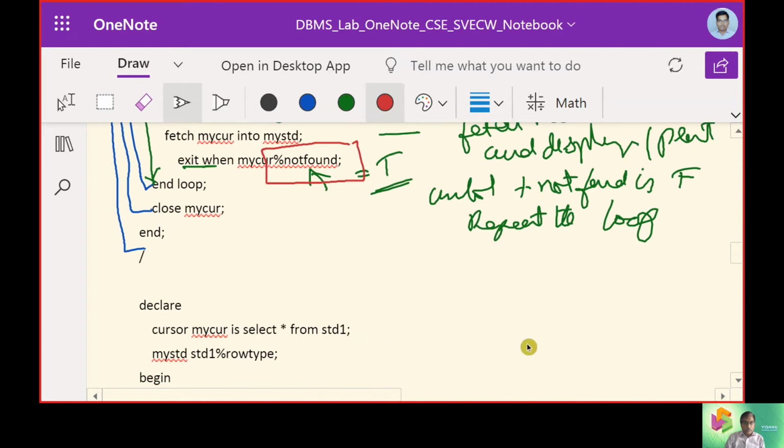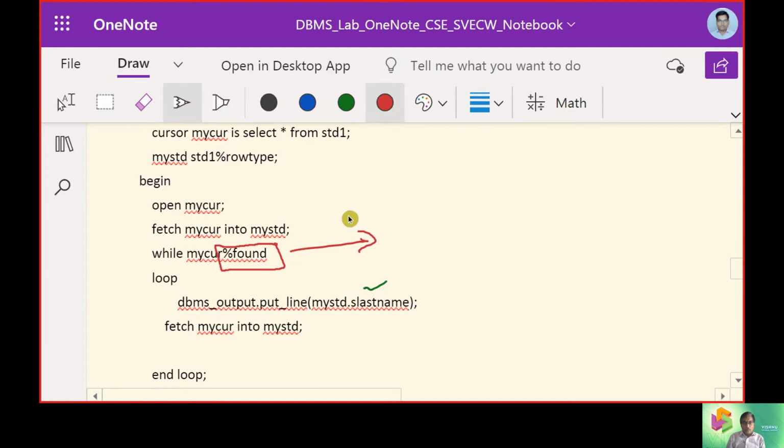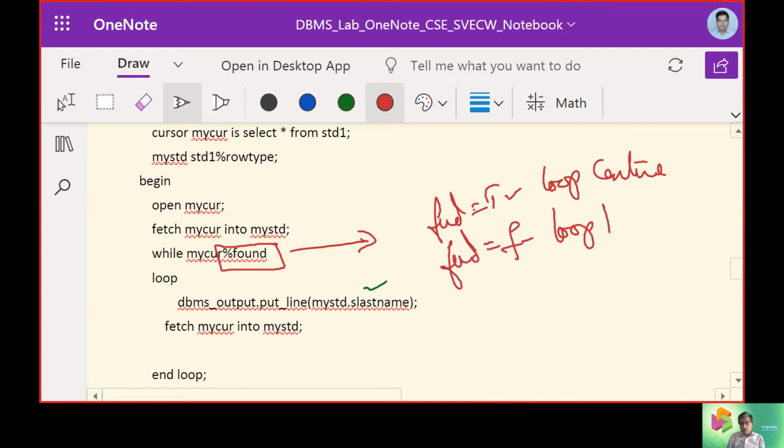Okay. So the previous procedure we are talking about not found, and this procedure we are going to say found. That means when found is equal to true, the loop continues. When found is equal to false, the loop is going to terminate.